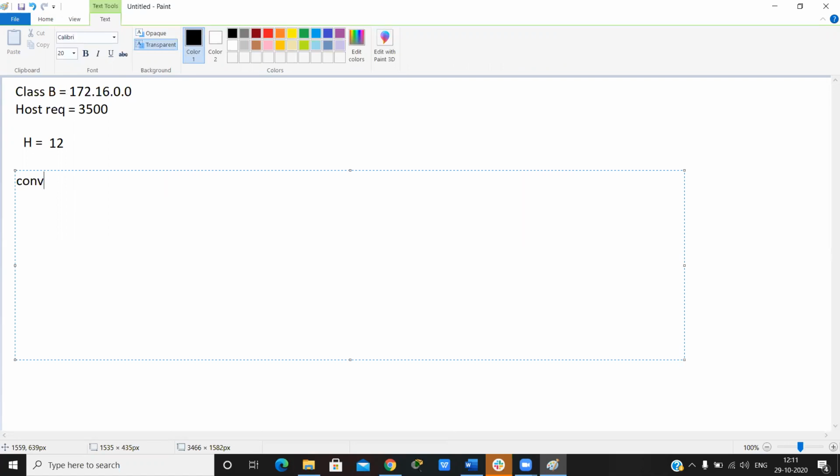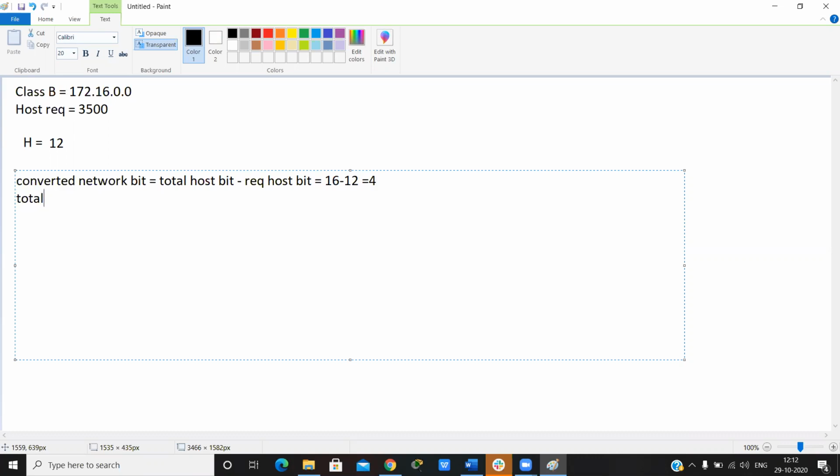Now convert it. Total 16 minus 2, that's 12. Host weight 4: total host weight minus required host weight, 16 minus 12, is equal to 4.